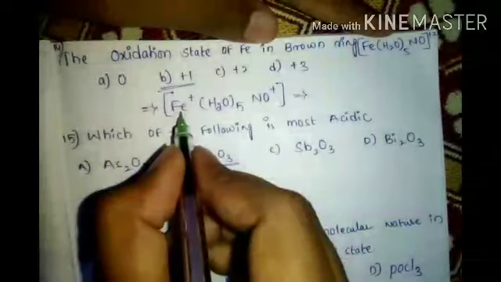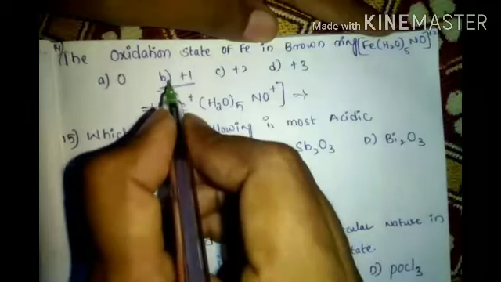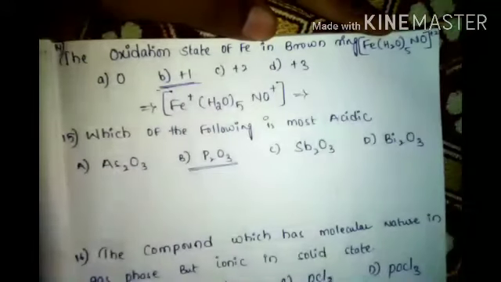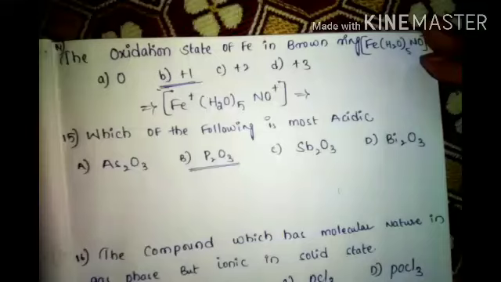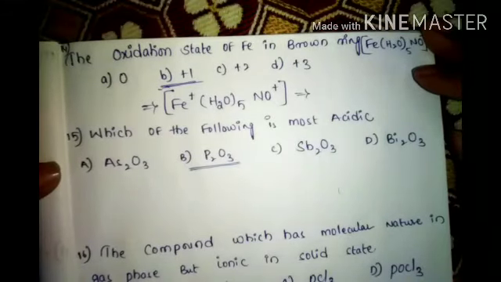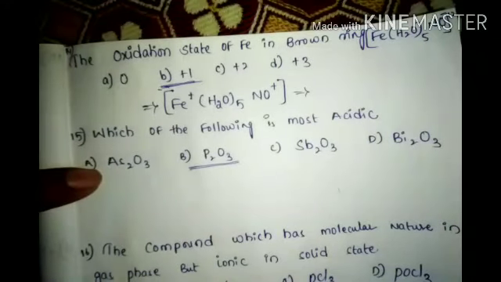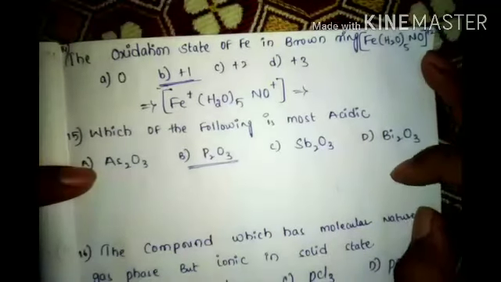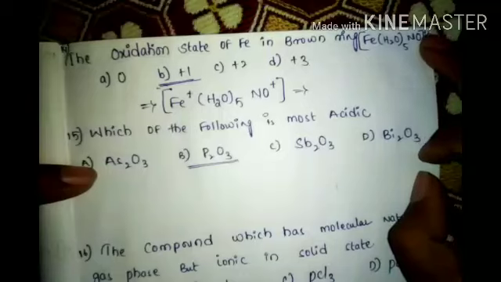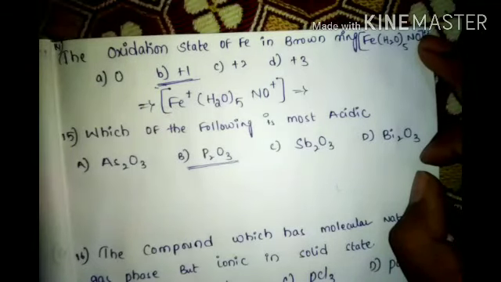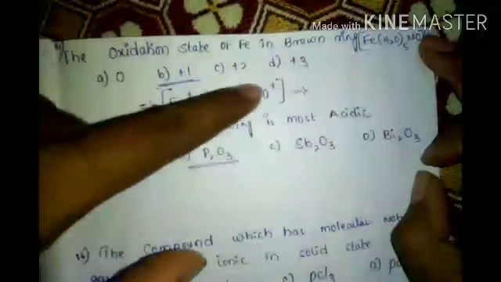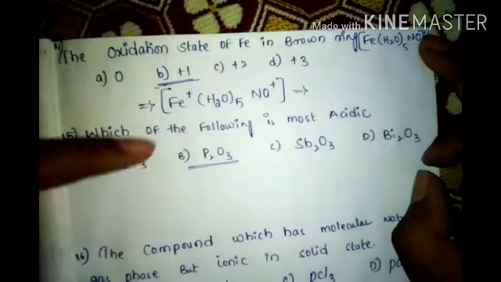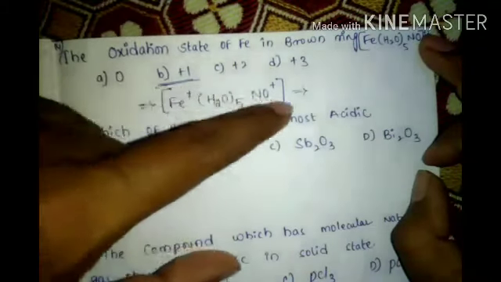Okay. So, what is that? Fe plus 1. So, answer is B. Oxidation state of Fe in the brown ring is plus 1. Observe carefully. Here plus 2 I taken, but actual one is plus 1. Both plus 2 we can take. So Fe belongs to 1, NO belongs to 1.